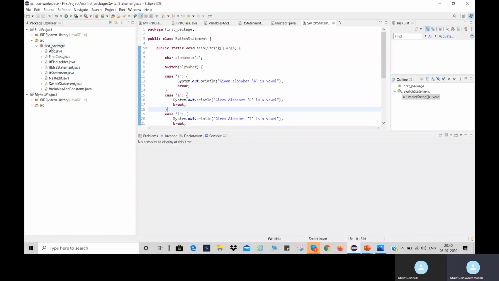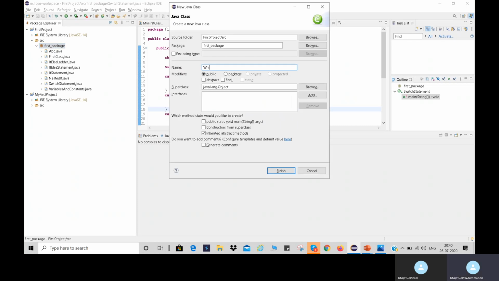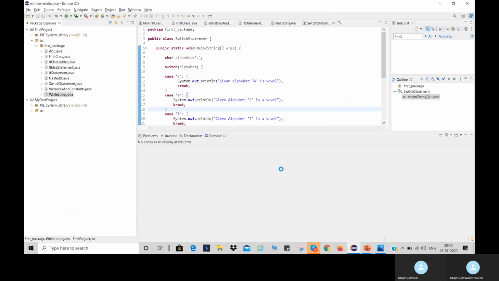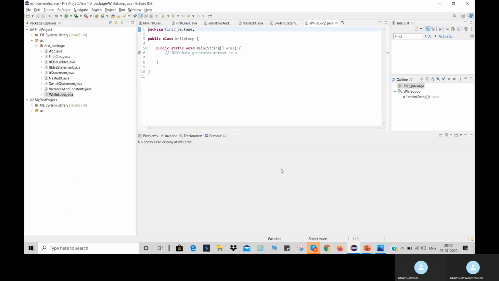I'm creating one class, Alt Shift N, creating one class named WhileLoop. I'm taking the main function and finish. Okay, so I'm writing the program like this.